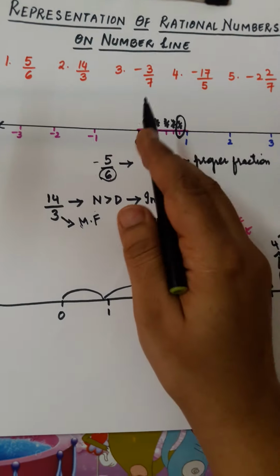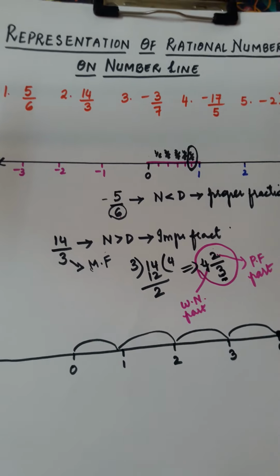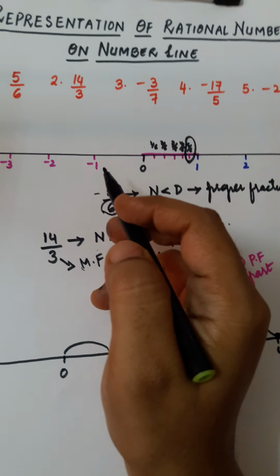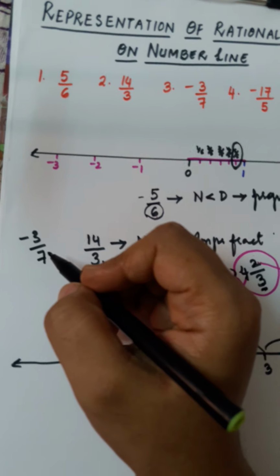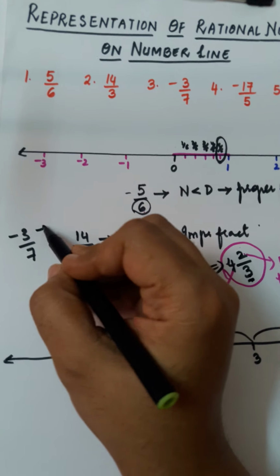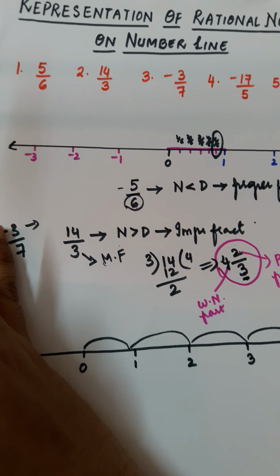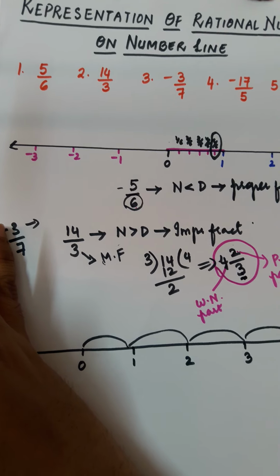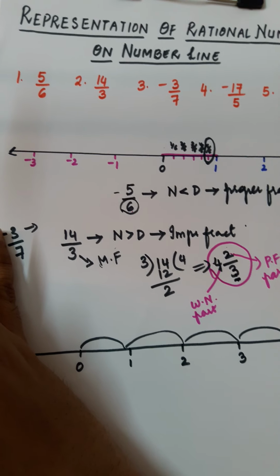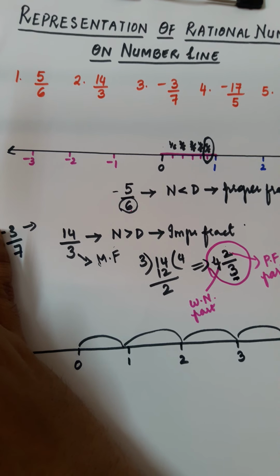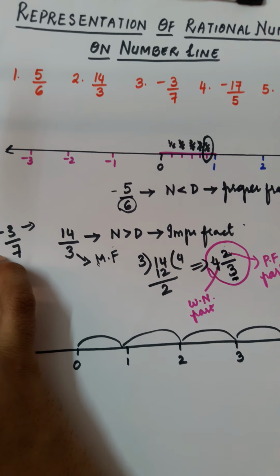Now you have got minus 3 by 7. Minus 3 by 7, girls, how are you doing minus 3 by 7? See here, you know very well. First of all, tell me which fraction this minus 3 by 7 is. You don't have to consider this minus, only see what fraction it is. 3 by 7 means the numerator is smaller than the denominator. So here it is again a proper fraction. So 3 by 7 is a proper fraction. Now minus 3 by 7 is a proper fraction.